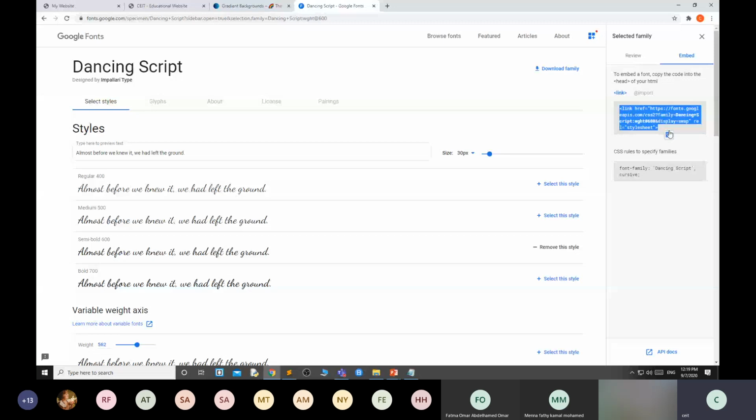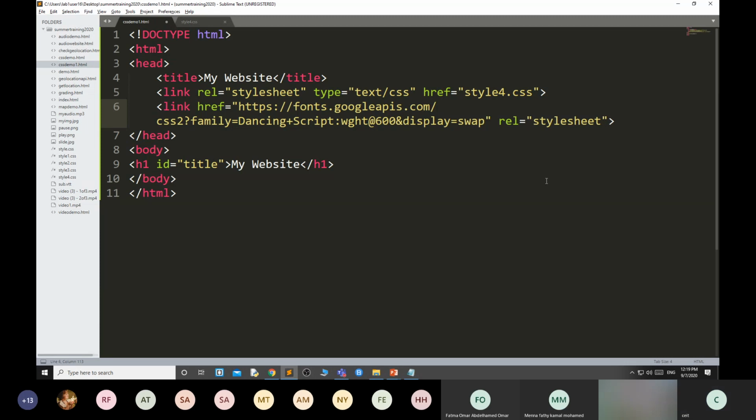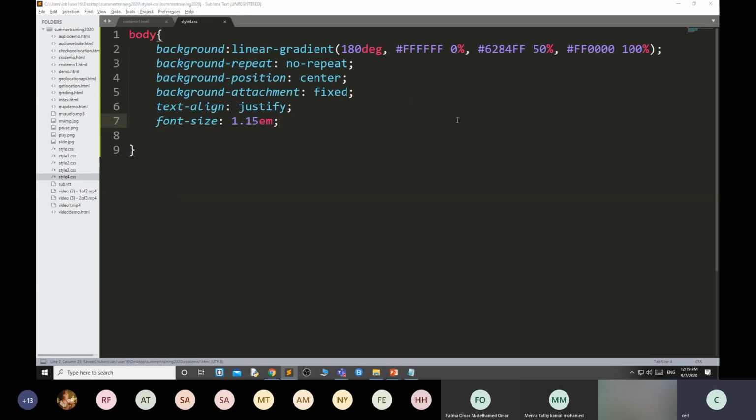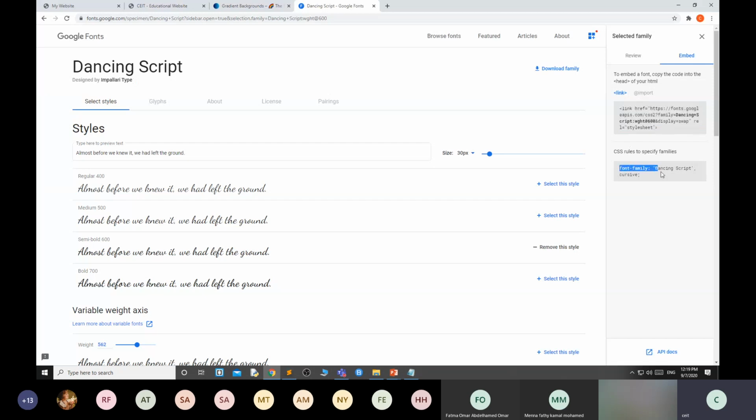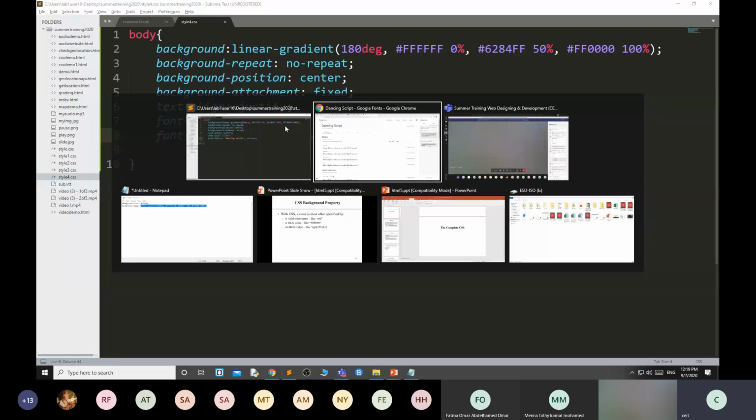Paste it in the HTML inside the head. Then go to the CSS, copy this font family and paste it here. It will apply to the whole content of the web page.